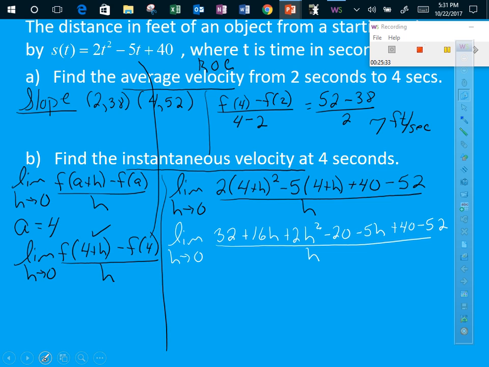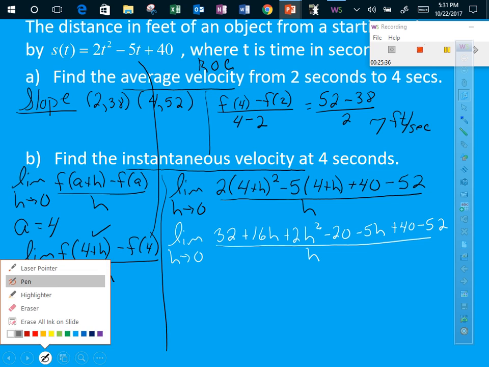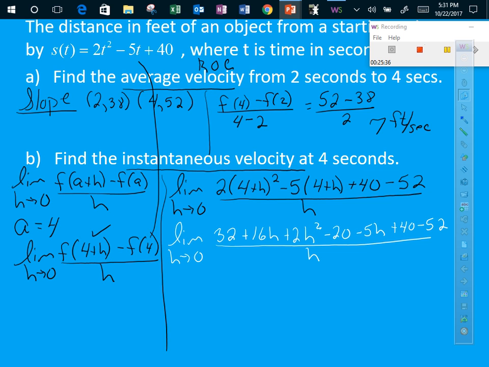Now, if it does not contain an h, guys, it should cancel out. So I've got 32 plus 40 is 72. I've got negative 52 and negative 20, which is negative 72. So that canceled out. Now I'm here. The limit as h approaches 0. You can combine like terms at this time, or you could wait. I spy 16h and negative 5h. So I've got 11h plus 2h squared